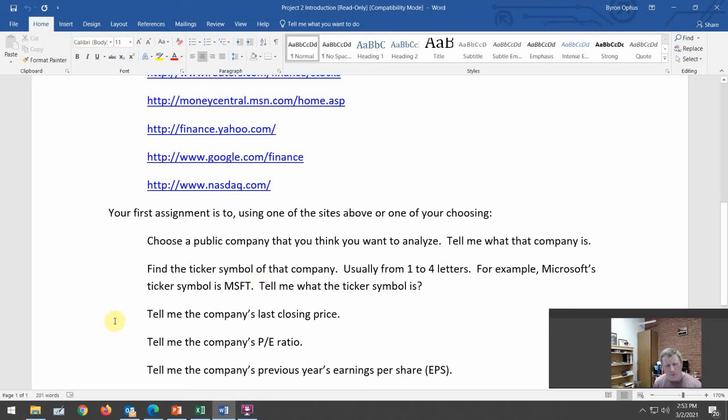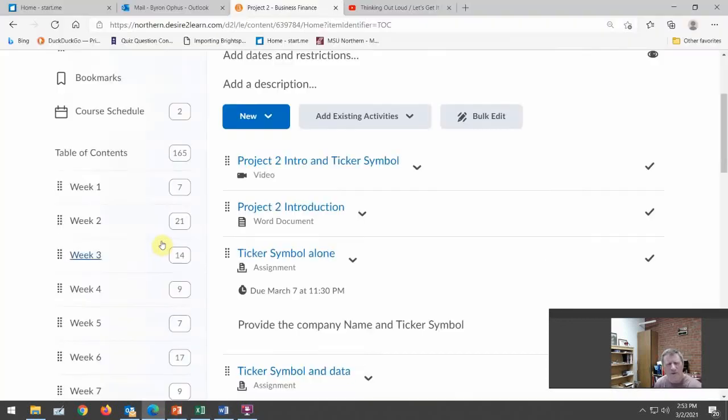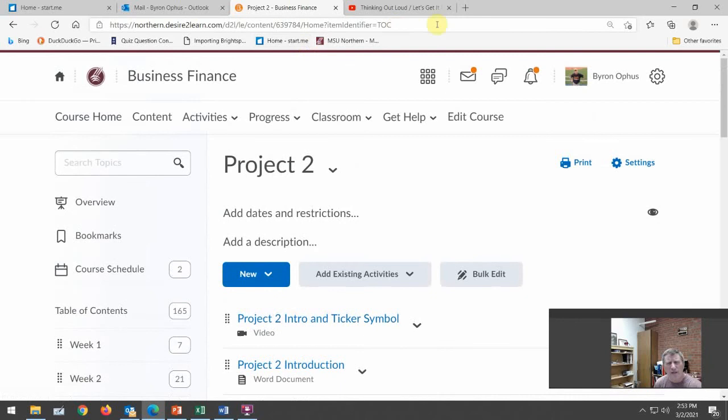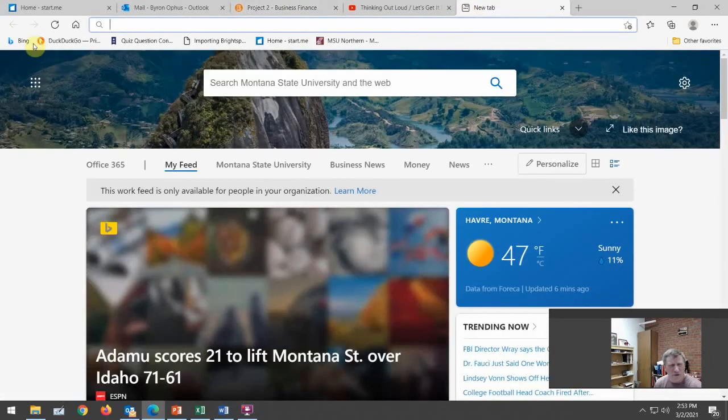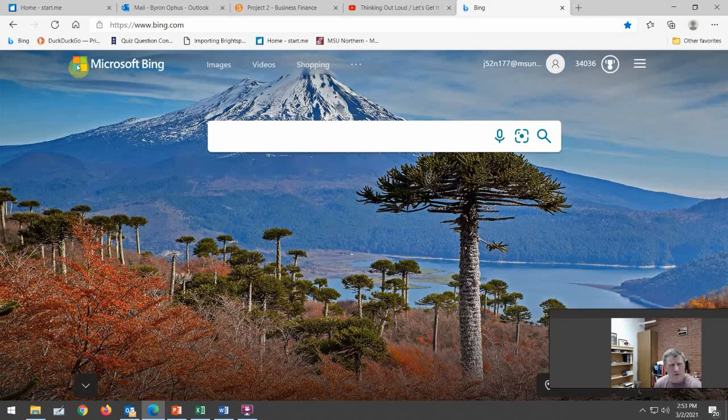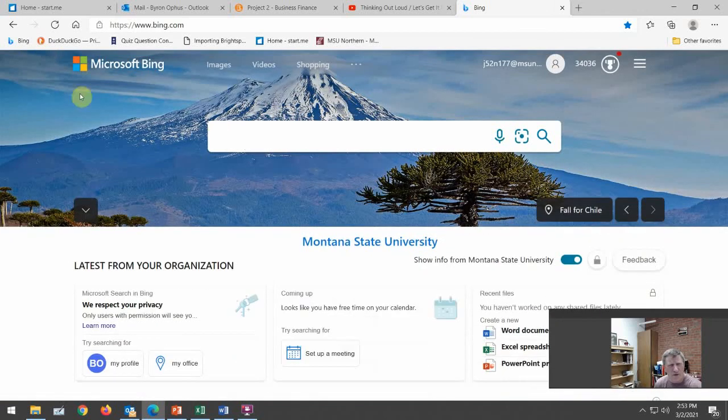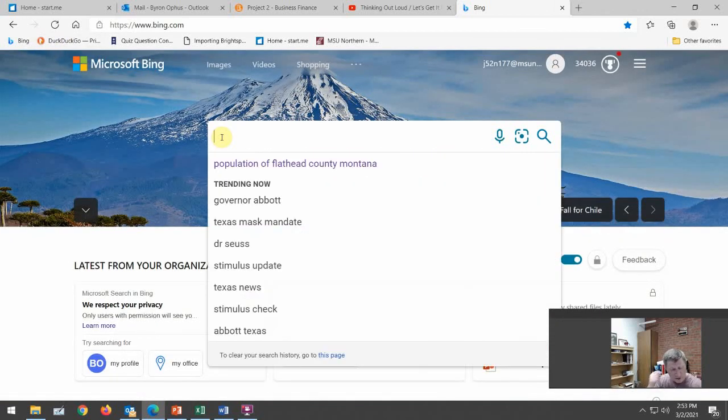So to begin with, we just need to look up the ticker symbol. I'll come back and show you this stuff maybe later, but for now, let's see what that ticker symbol might look like. Odds are you can probably use a search engine. Most of you probably use Google. I use Bing or sometimes DuckDuckGo when I'm looking, and so I may want to find a ticker symbol for